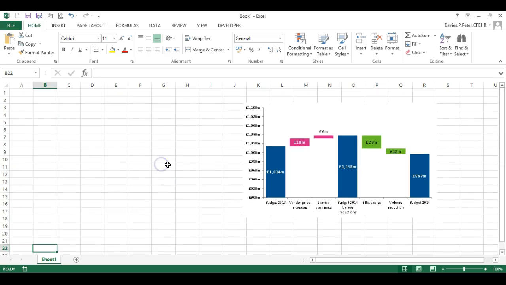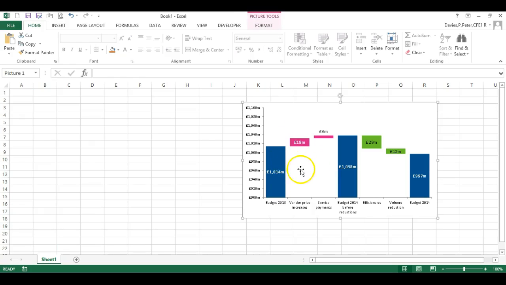So here's an example of a chart that I've done earlier. I've just pasted this into Excel as a picture so we can use it as a reference to look at how this waterfall chart has been constructed. As you can see here, we've got a starting value, we've got a midpoint value, and we've got an end value. And then we've got some steps up and some steps down to show the transition through those three